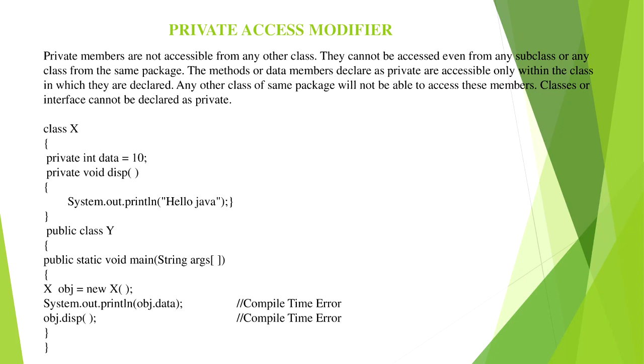Meaning if you use the private access modifier for a particular member, then you can access the methods and variables only within the class where they are declared, not from other classes of the same package. With this example, you will clear the idea.